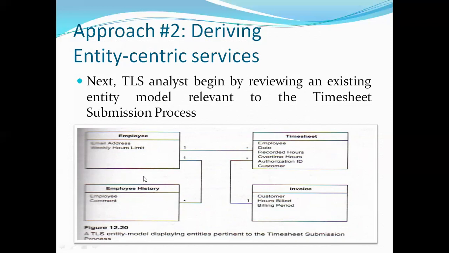In case of rejection, the employee may receive a comment or message from the system. That message is stored in the comment field in the employee history table. The relationships are one to many, one to many, one to many. So this is the relational database structure required for solving this particular problem.